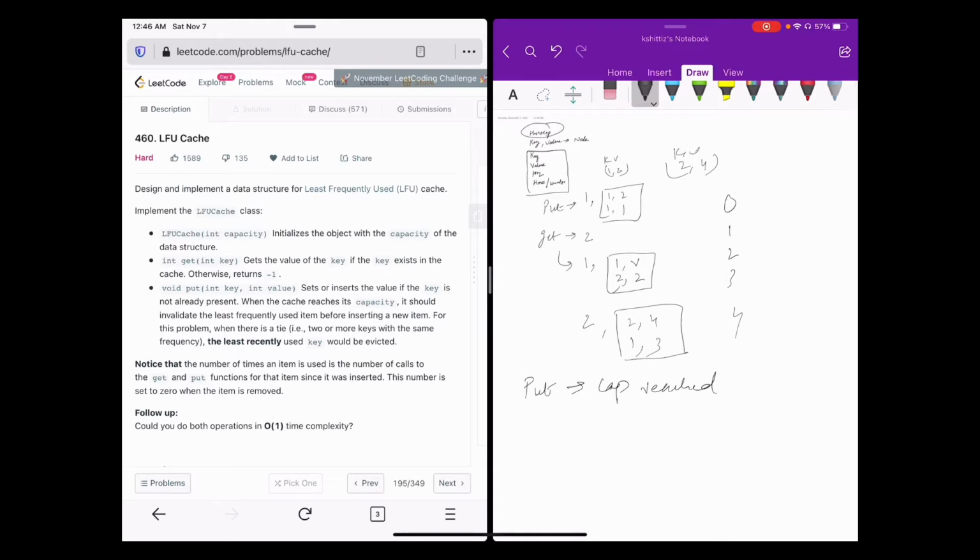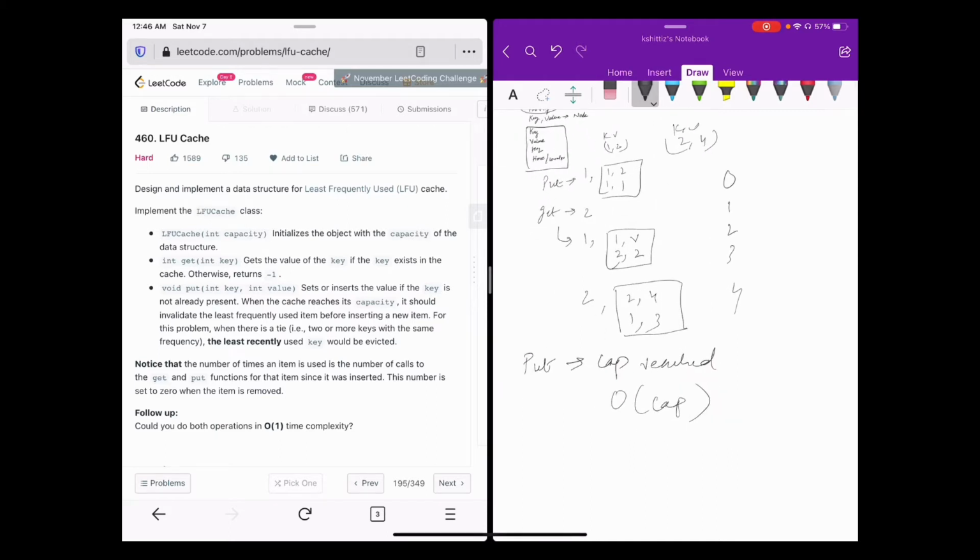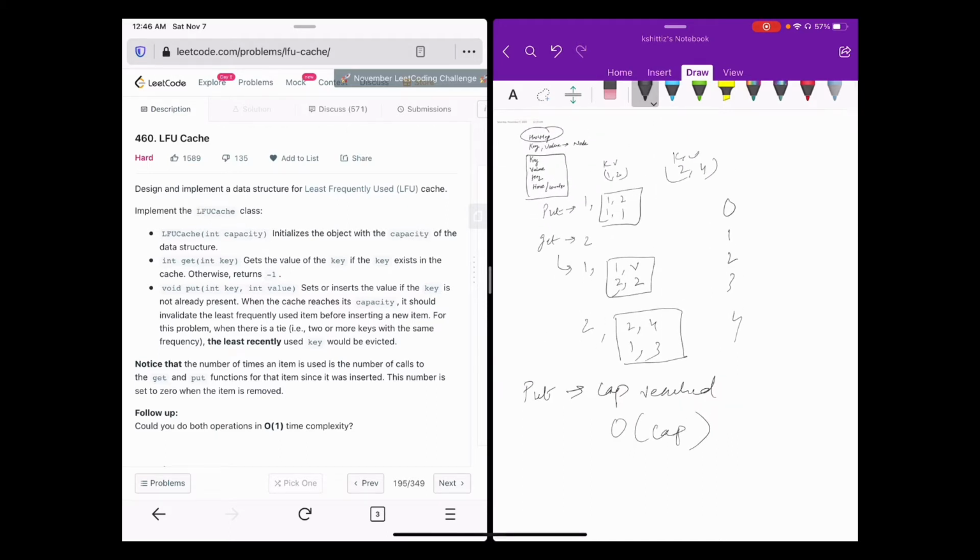So the problem in this approach is that the put operation can have a time complexity of order of capacity. The capacity of the hash map which we created will be this cap value, and the put operation can go up to order of cap, because if the size of this map reaches the capacity, then you have to remove the element from this map based on the criteria given in the question, which is the same frequency, least recently used, or the least frequent element. So this operation can take order of